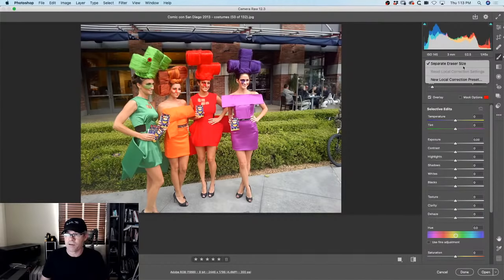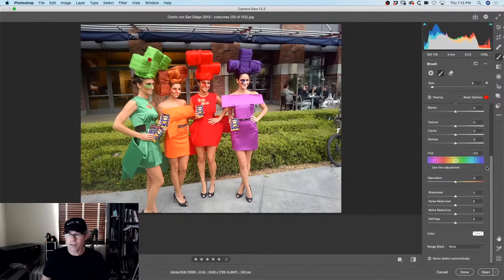And as you can see, we've got another thing here. Oh, well, you know what? I'll get to that. So let's go down to the hue. And so this is new. The hue slider is in the localized tool. So watch what happens when I adjust her hair here as I change the hue. Look at this. I can change the color now to anything I want. So this gives a full